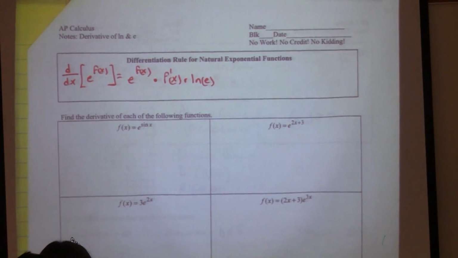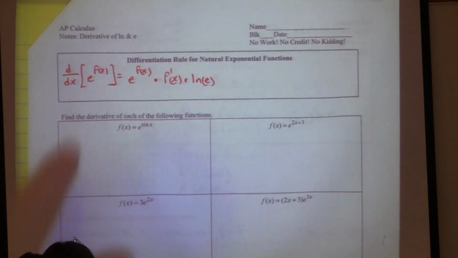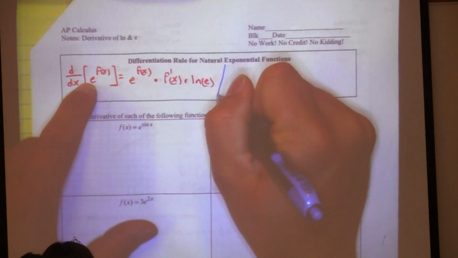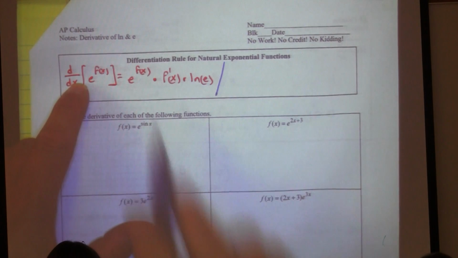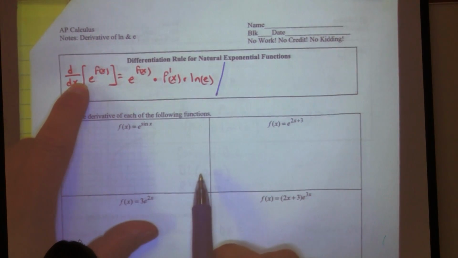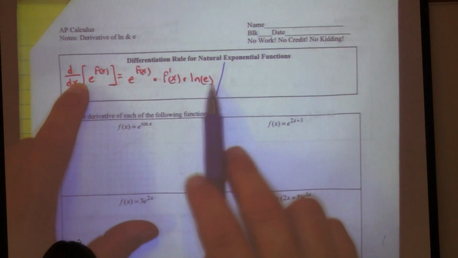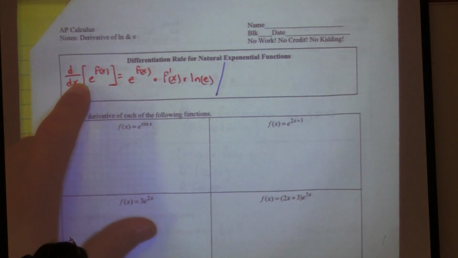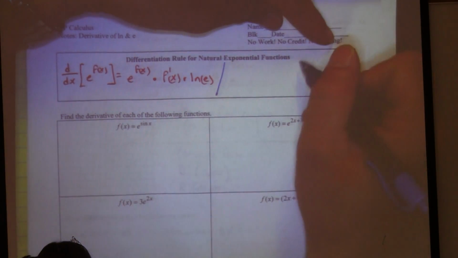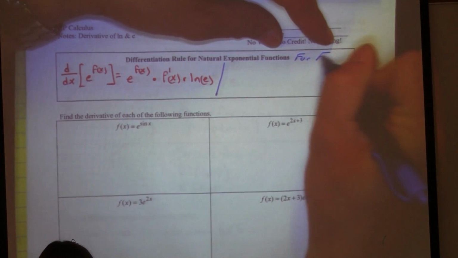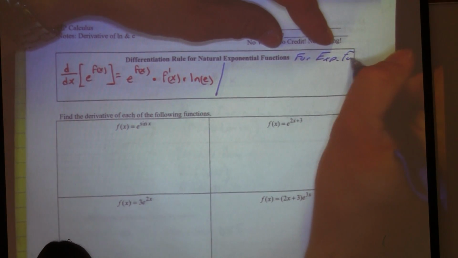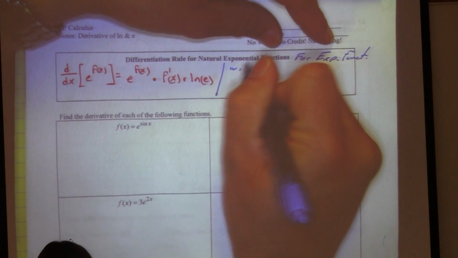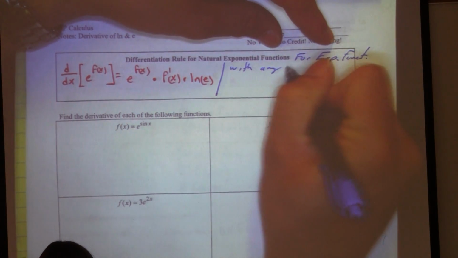Yeah? Cool? What if I want to apply it to a function with any base? What if it's something that doesn't have an e? Would it be the same thing? Yes, it's the exact same thing except that this won't be an e anymore, it'll be whatever the number is, right? So let's write down that rule. So for an exponential function with any base,